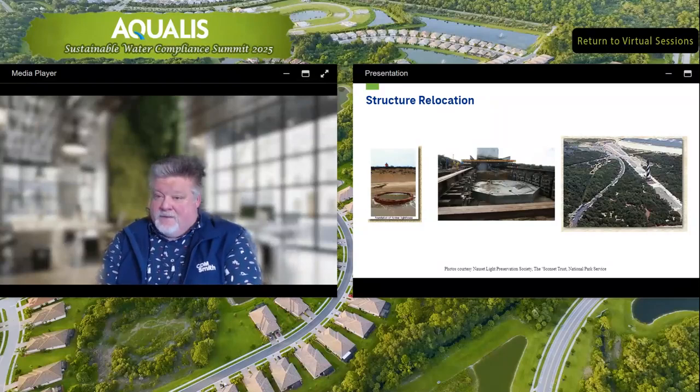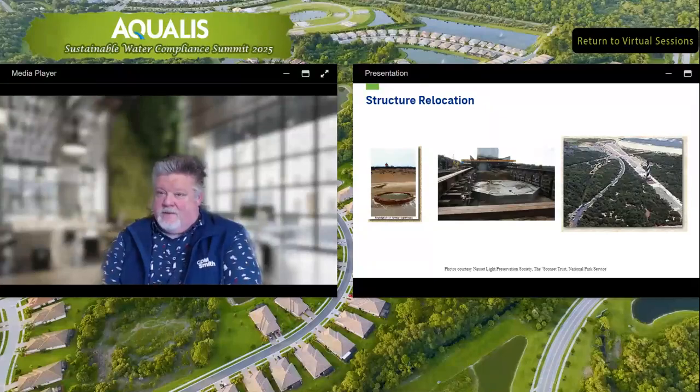It's something that's not been solved in any means. It's a hot button topic. Community officials don't want to see homes taken away because that's the tax base. And any homeowner doesn't want to sell their home because either they've lived there for a long time or they rent the place out and they need that money from the rentals. So yes, you're not seeing a lot of structure relocation yet at the homeowner level, but